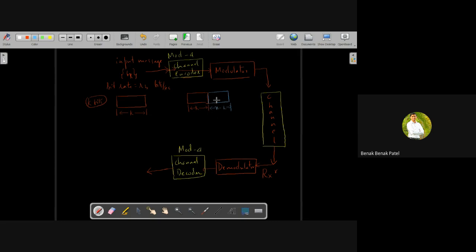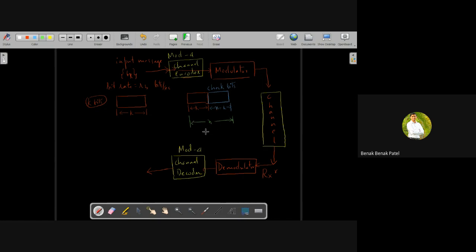So the blue colored block that I'm trying to write is the check bits block. And how many such check bits are getting added? It is of size n minus k, such that if I try to evaluate the total size of this channel encoder output block, it will be equal to n,